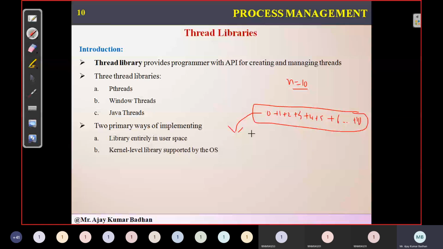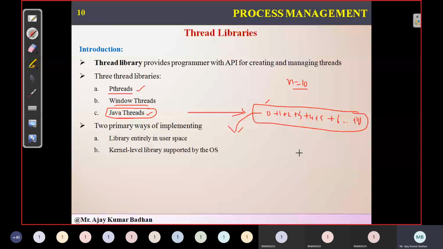We'll see three different types of threads. We'll see a program related to P threads, then we'll discuss Windows and Java. I think you know how to create threads in Java. So I want you to try writing this program in Java using threads. Please try this, and tomorrow come with this thread-related program.